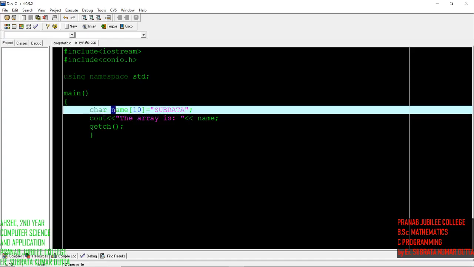The array whose name is name, maximum size, that is the maximum elements it can contain, is 10, and the type of element it will contain is character. Now it will contain this Subrato.